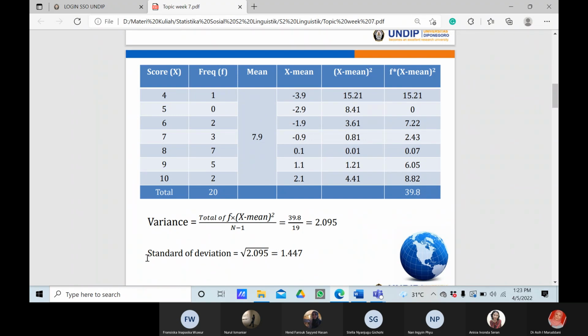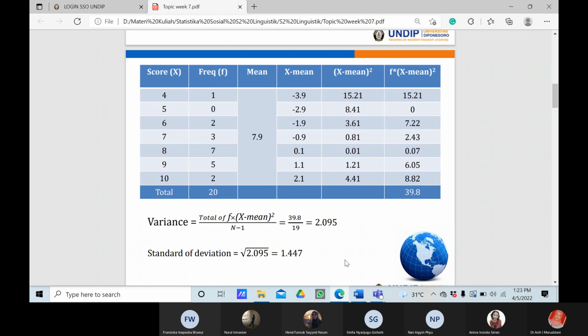And of course, the standard deviation will be the square root of the variance, and is equal to the square root of 2.095, and the result is 1.447. Okay, I think it will be easy when you use software like Excel or maybe another software, maybe Jamovi